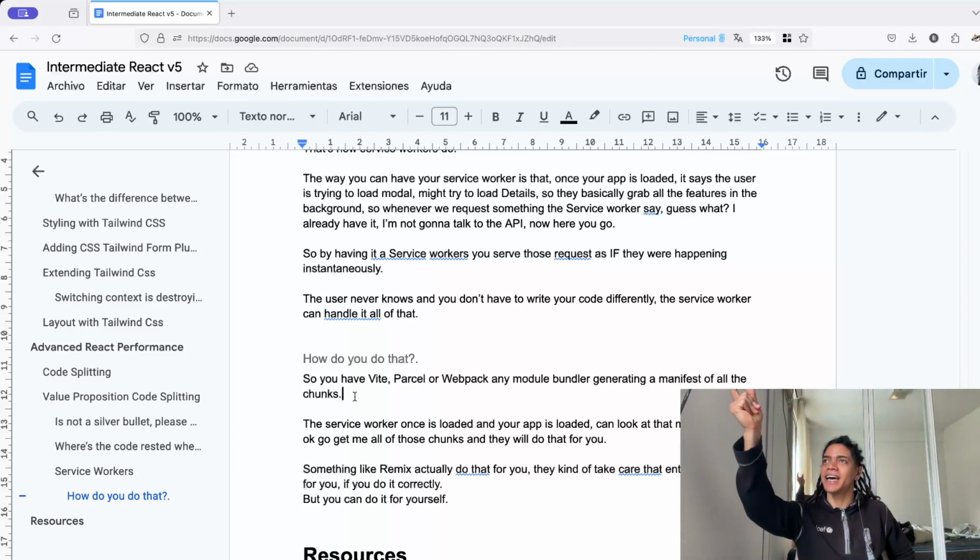Oh, all right. That's the missing piece here. That was a missing piece. Okay, so is any of these module bundlers